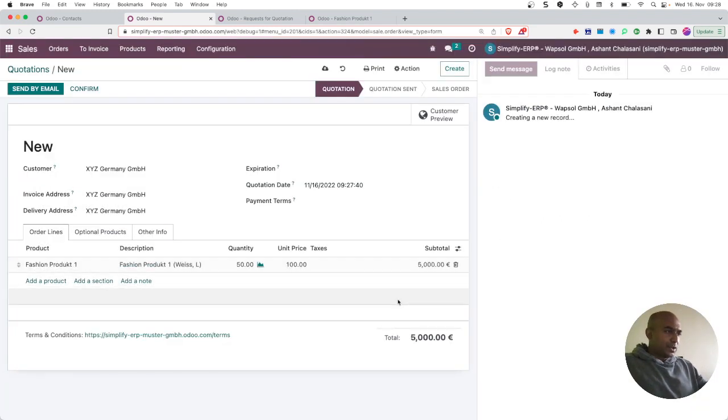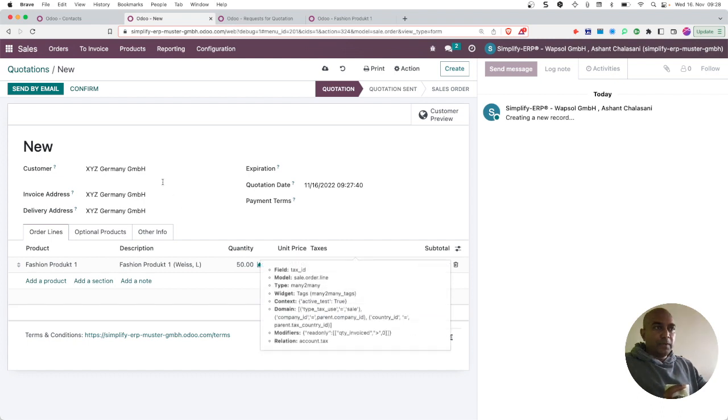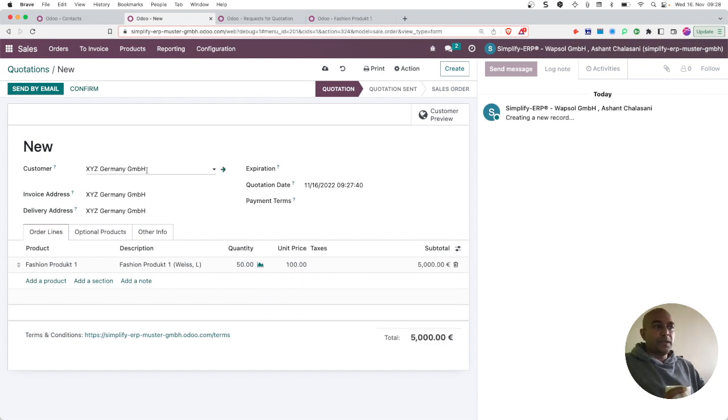The rest of the details are autofilled by the system. If there are taxes applicable, purchase taxes, VATs, then those are also included by the system. They have to be configured once on the product, and they are applicable. They can be configured on the customer as well. So if the customer is a foreign customer and certain taxes apply, to do that export order from the perspective of the Austrian vendor, then